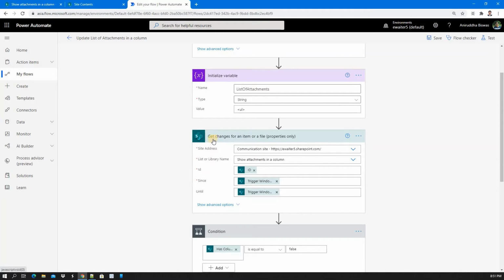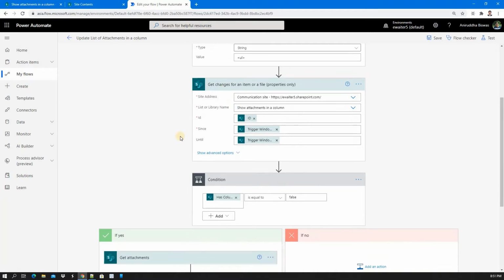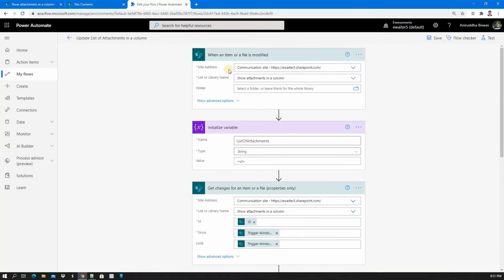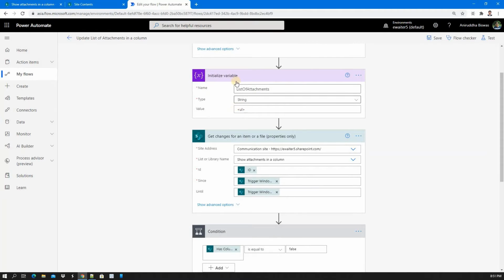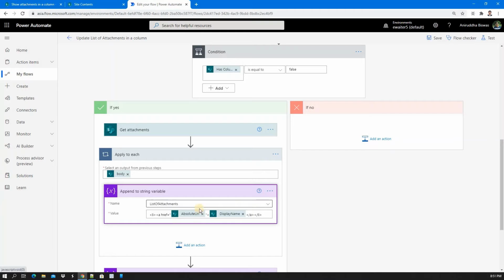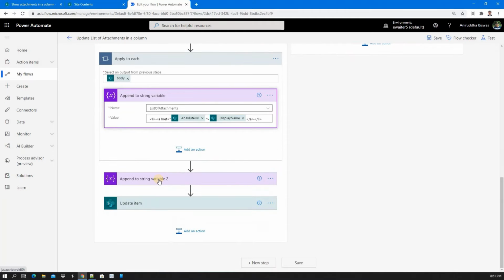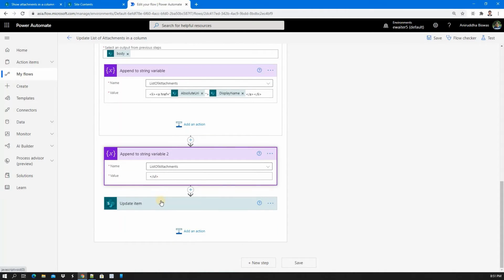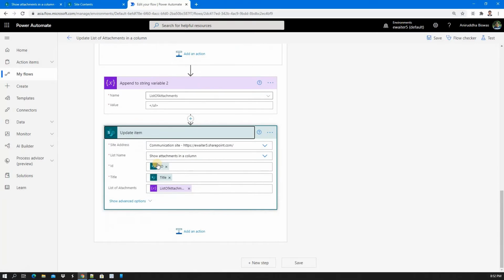Next, I use get changes for an item or a file. Why do we need this? Basically, whenever some item is updated, we can create this initialize variable, directly get all attachments, run a for each loop, write all the items here, close the tag, and then update directly.